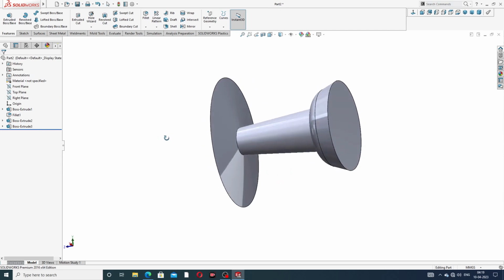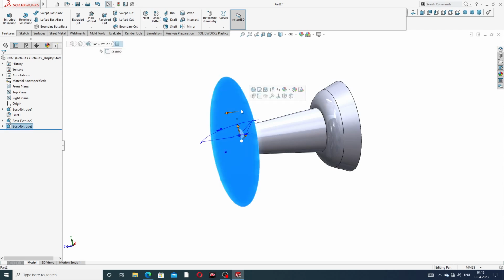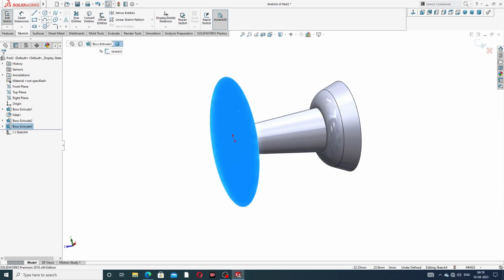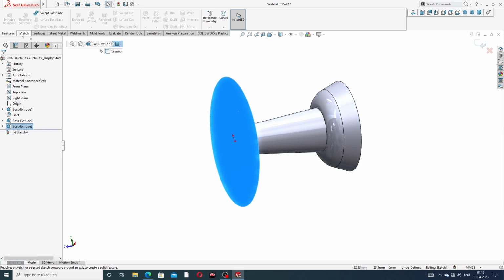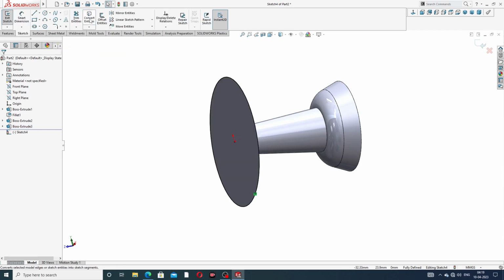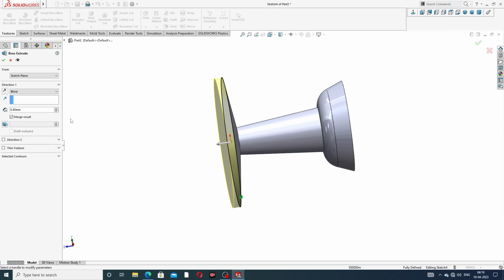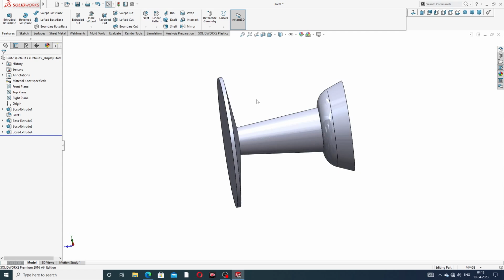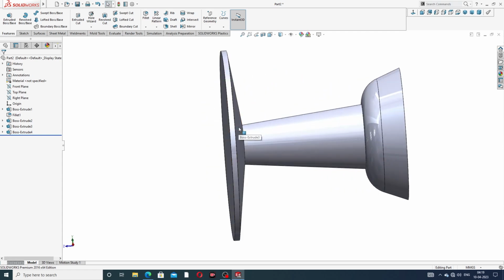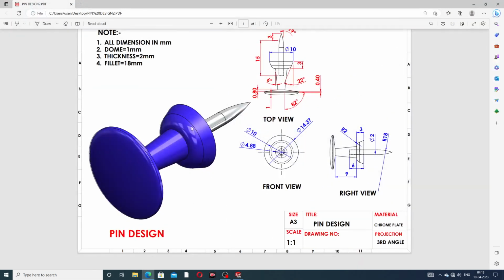This is perfect. And also this face sketch, and this thickness is used here. Okay, and use convert entities, and extrude boss. Extrude boss thickness is 0.4, and click OK. This is very nice looking here, and correct. This 0.4 thickness is perfect, and